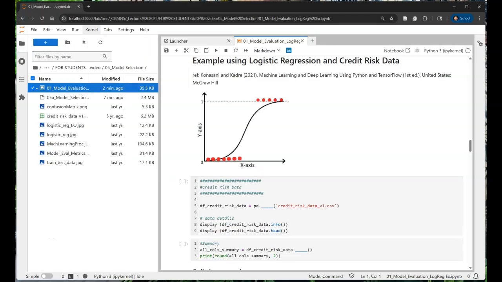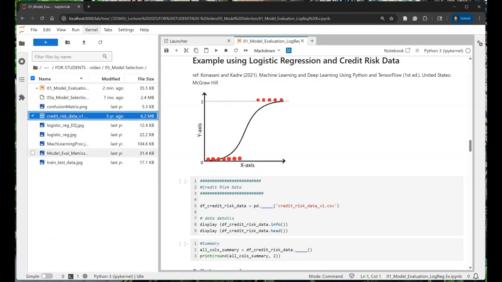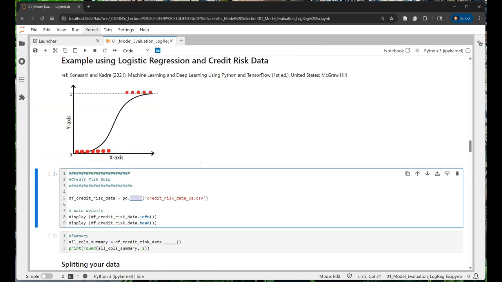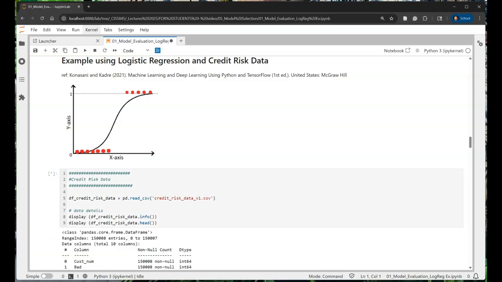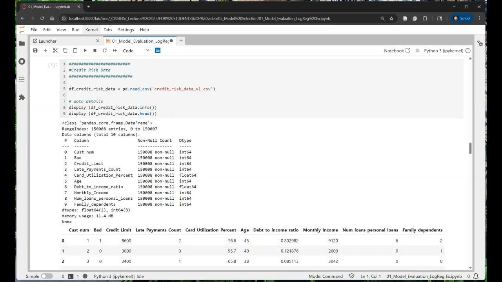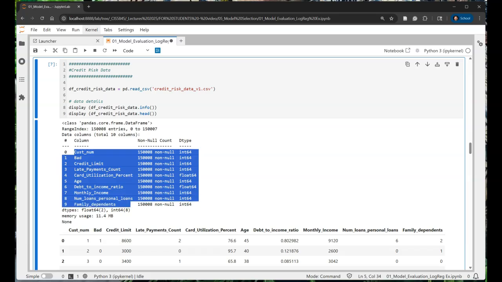By the way, in the zip package, I have your data included. It's the credit risk data. And let's use pandas and read the CSV. And let's look at what we have here. So we have a little bit over 150,000 records, and we have 10 different attributes related to this